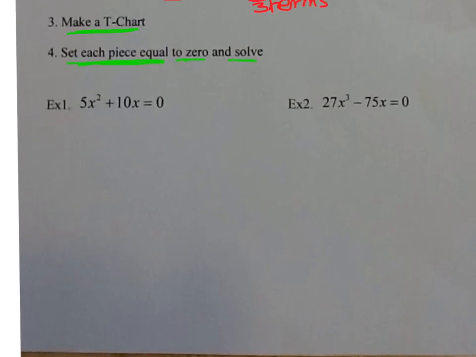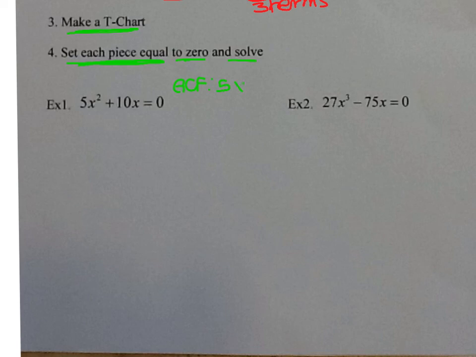So the first one I have here is 5x squared plus 10x equals 0. So it is an equation because it has an equal sign. It is equal to 0, which is good. So now I want to factor. So remember, the first thing we always look for is a GCF. So I do have a GCF. There's a number that goes into 5 and 10, which is 5. And then I have an x squared and an x. Remember, it's always the one with the smallest exponent, which is x. So the GCF